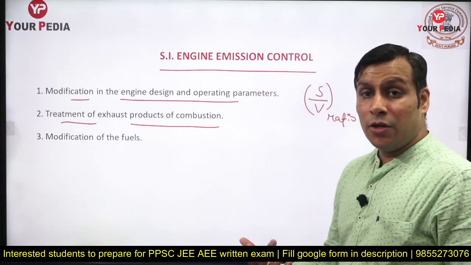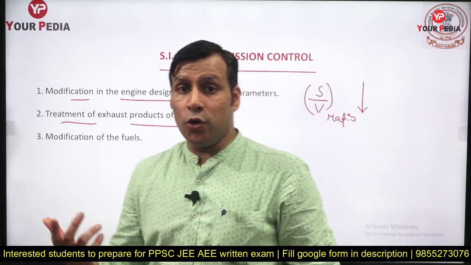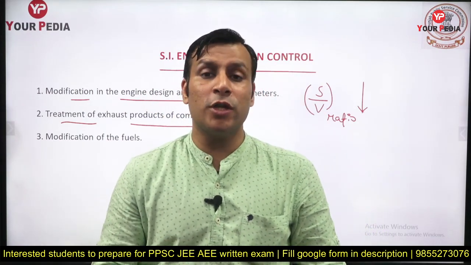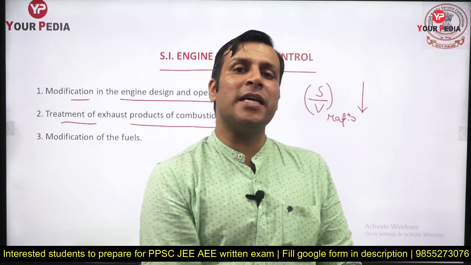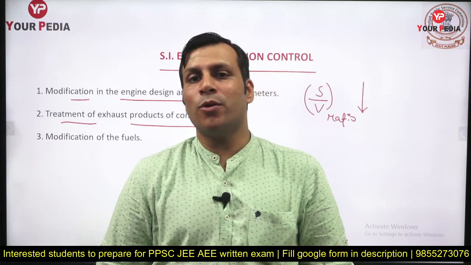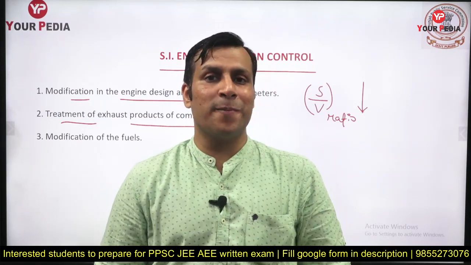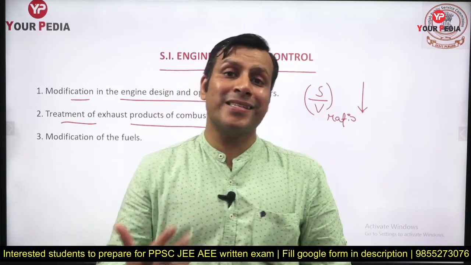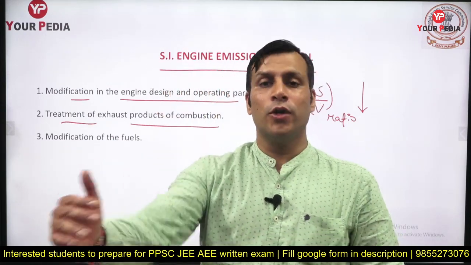Third, you can use some kind of good fuels. You can use a petrol fuel with a very high octane number. You can use biofuels, you can use alcohols, you can use methanol. Okay, so methanol, ethanol and other kinds of biofuels are good options, guys, because they are not going to cause that much pollution, like CNG, LPG. So the pollutant emissions are lesser as compared to petrol and diesel in case of those kinds of fuel.